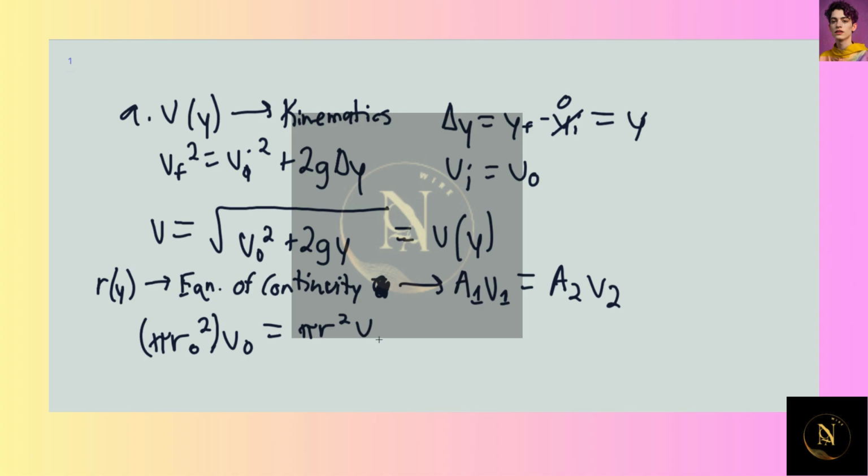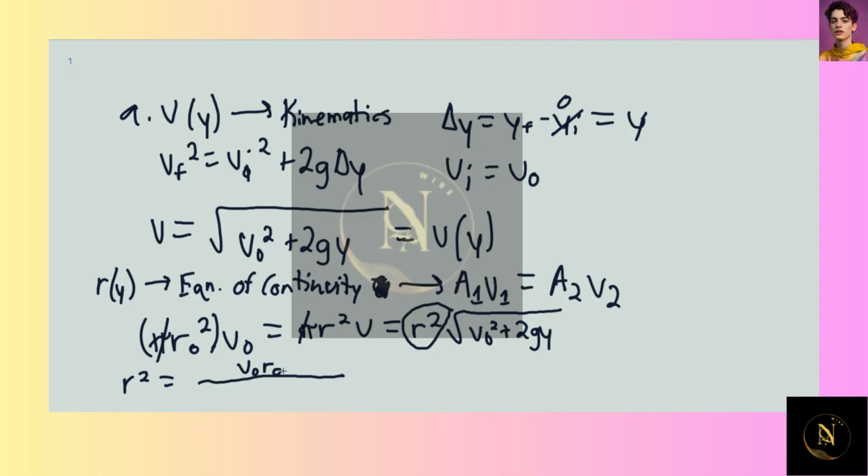What we're trying to find is a function for r, so we're trying to isolate this variable. We can plug in what we found in the first part for v. First of all, we can cancel out these pi's for sure. And so we have r squared times the square root of v0 squared plus 2gy. Once we have that, we can divide, because we want to isolate this variable. So r squared is equal to